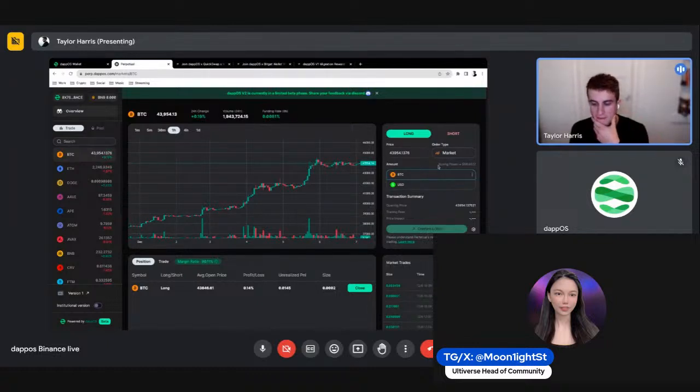So here you can see I have the buying power of 80 USDC because I deposited 10, but since I left 2 as a gas fee, I now have 8, giving me the times 10 power. So basically I have the buying power of 80. That's one of the cool things, one of the nice things where dappOS can integrate. Right now we're working off of BNB, but if I wanted to, I could do the same with Optimism, Polygon, Avalanche, etc.